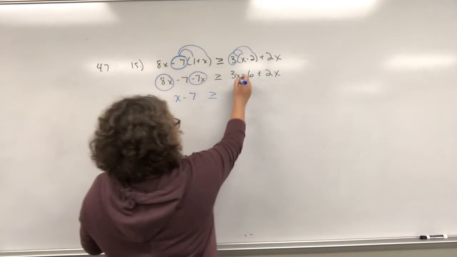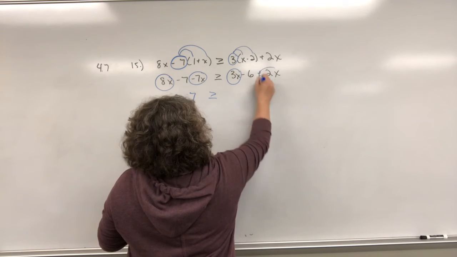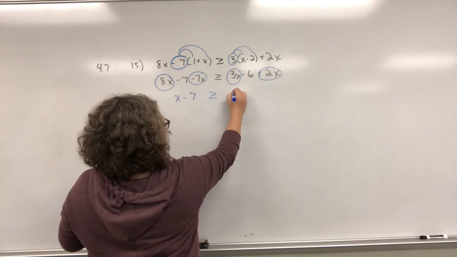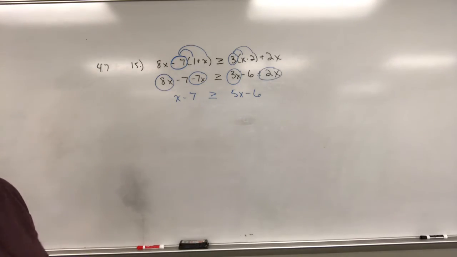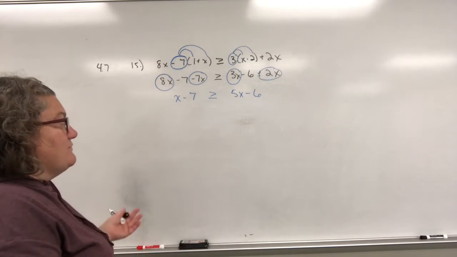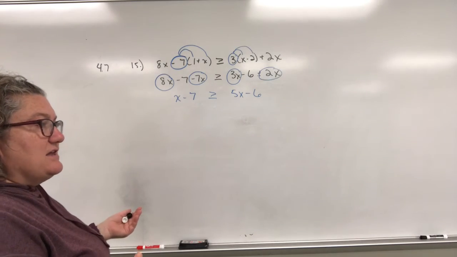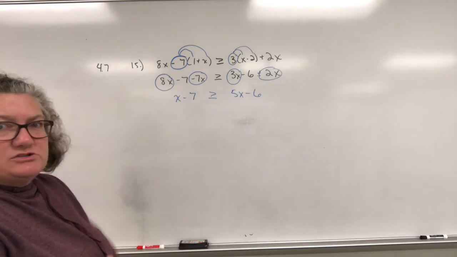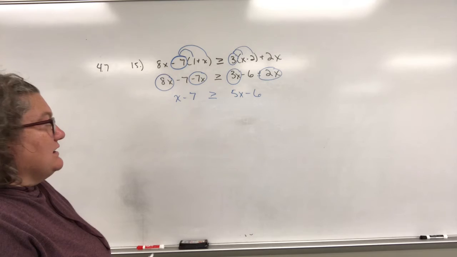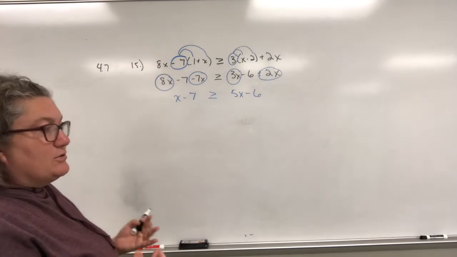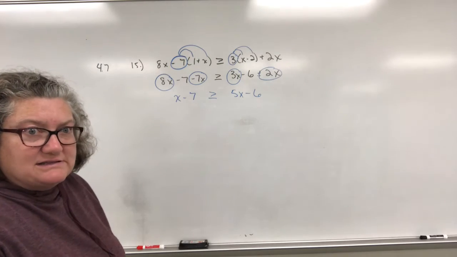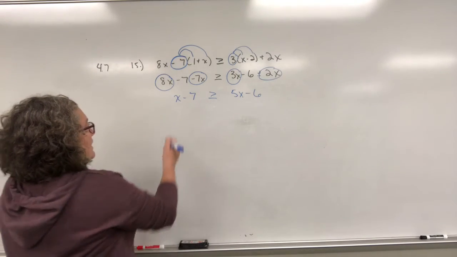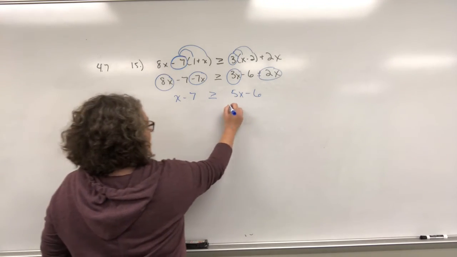And over here on this side, I have a 3x and a positive 2x. That would be 5x minus 6. Now I've simplified both sides of my inequality. Now I need to move my x's to one side and my non-x's to the other. It does not matter which side the x is on. A lot of times teachers or just people in general want to have the x on the right side. It does not matter. You will get the same answer,